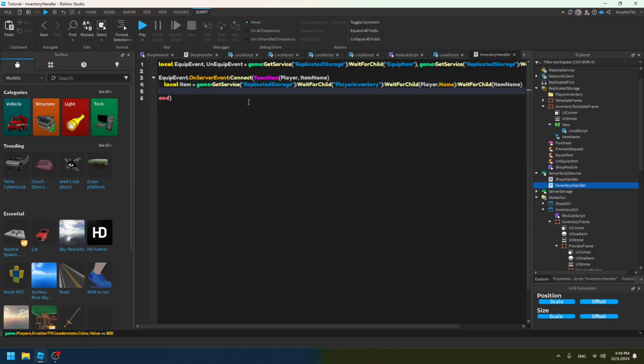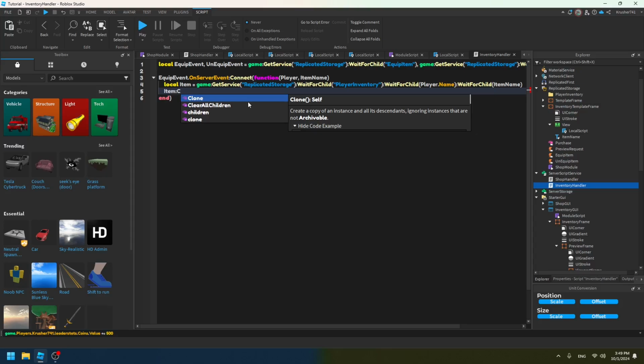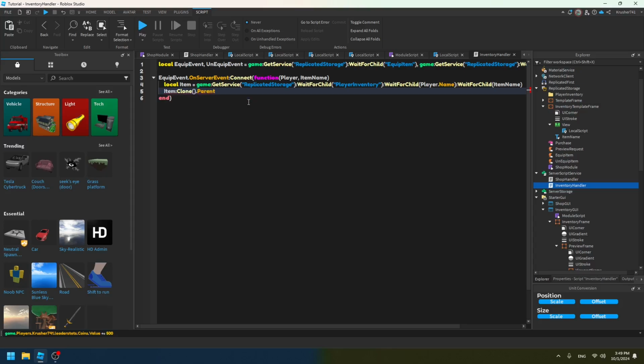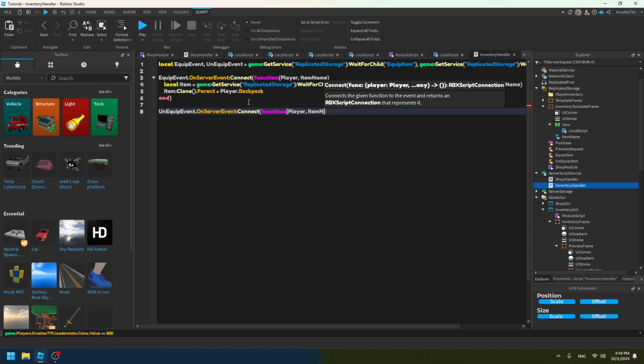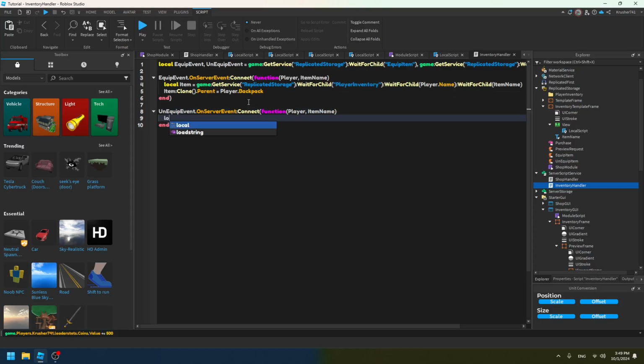There. Now what we do is item:Clone().Parent equals player.Backpack. Now the unequipEvent.OnServerEvent:Connect(function(player, itemName). Then now what we're gonna do is local